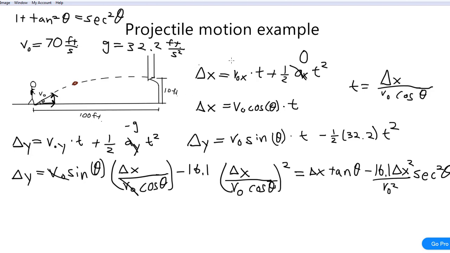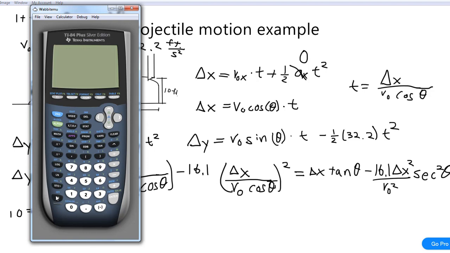What I also want to figure out is the hang time, and also the angles it can be from. So now we're going to implement all our numbers. Delta y is going to be 10, because we're going up 10, and delta x is going to be positive 100, because we're going in the positive x direction. That's where our coordinate system is. So that's going to be 10 equals 100 tangent theta